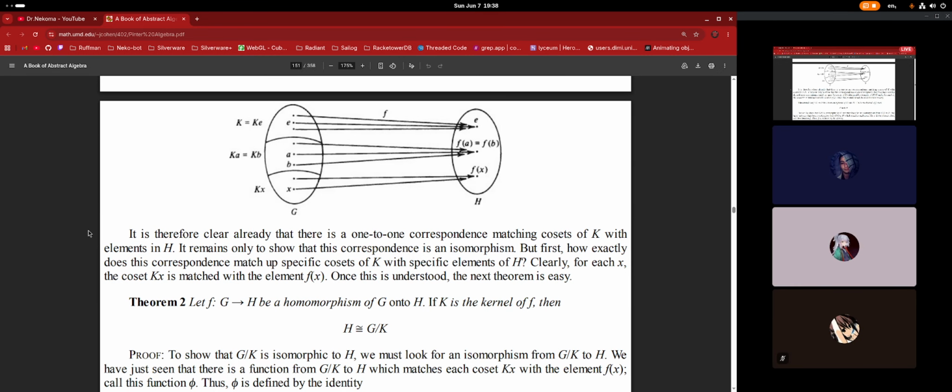It is therefore clear already that there is a one-to-one correspondence matching cosets of K with elements in H. It remains only to show that this correspondence is an isomorphism. But first, how exactly does this correspondence match up specific cosets of K with specific elements of H? Clearly, for each x, the coset Kx